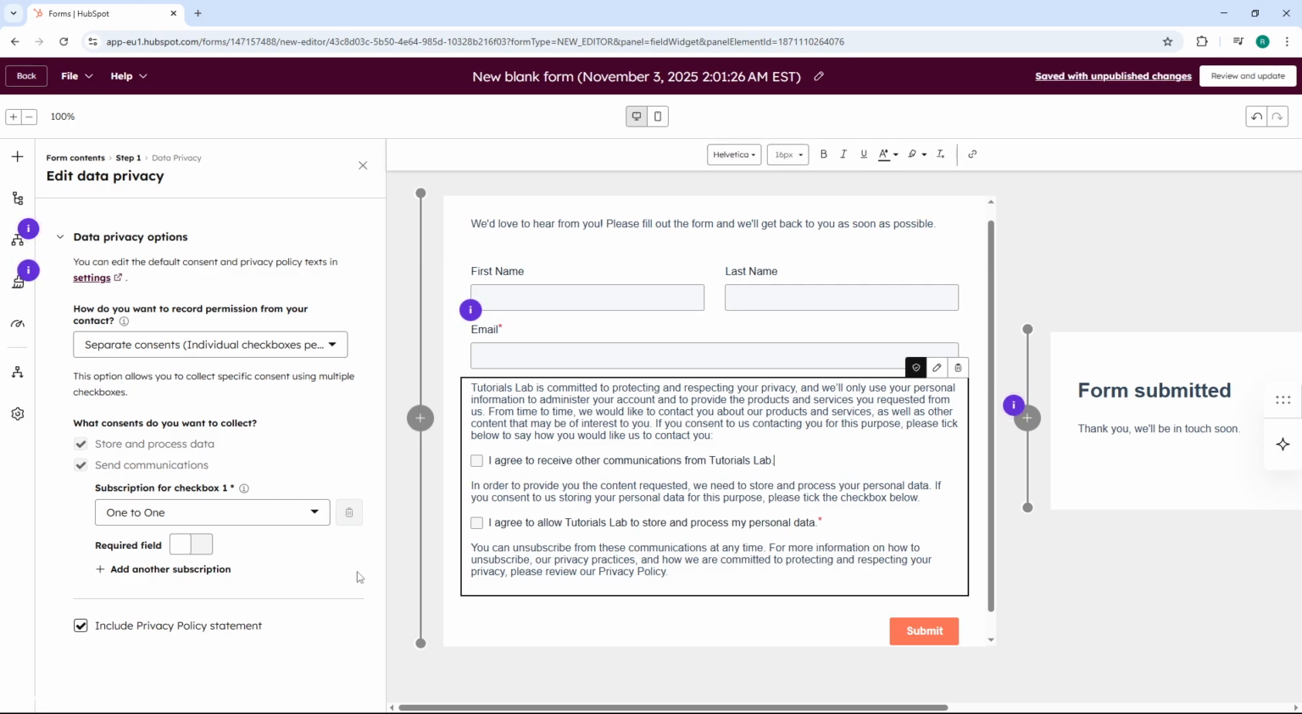You've now added proper notice and consent information to your HubSpot form, ensuring your data collection practices are transparent and